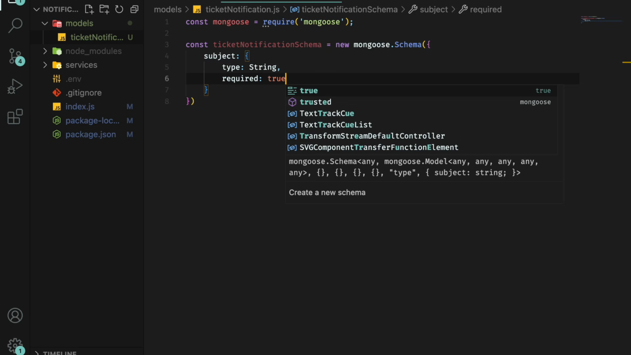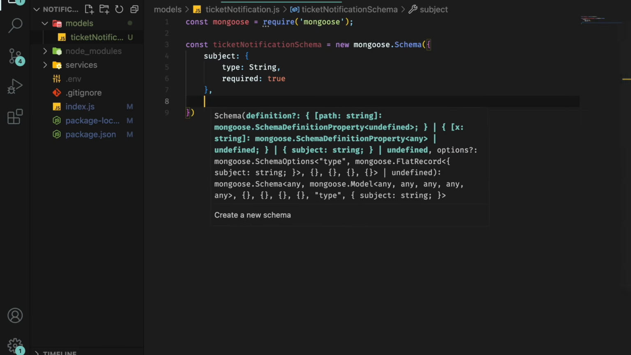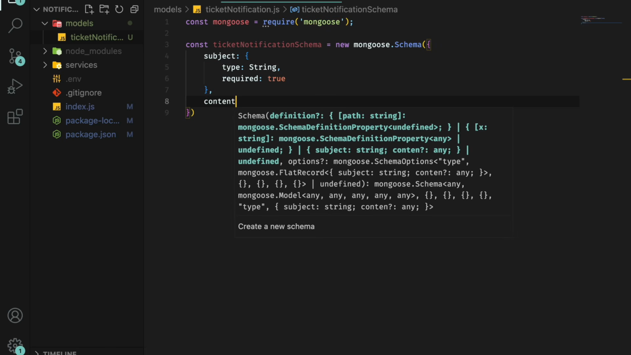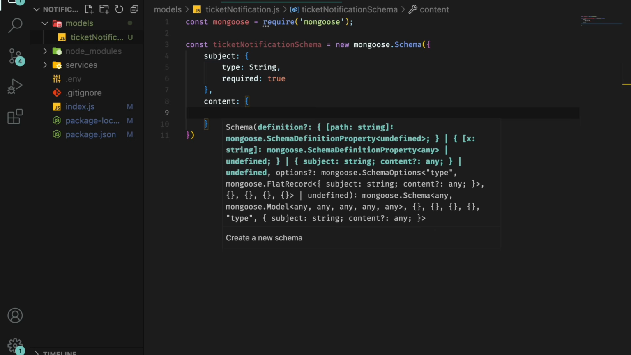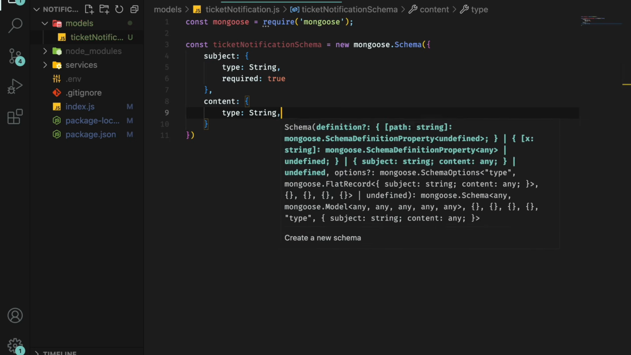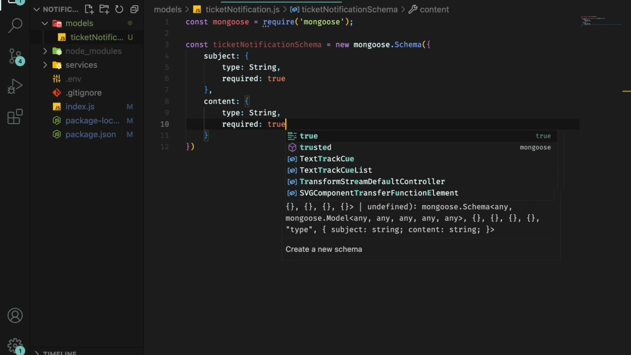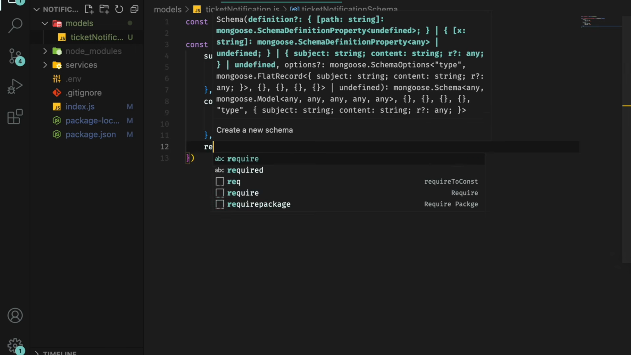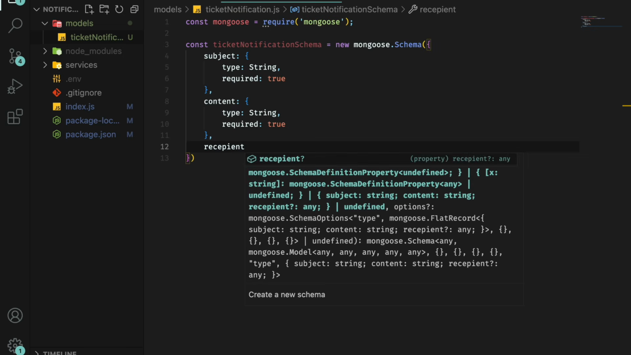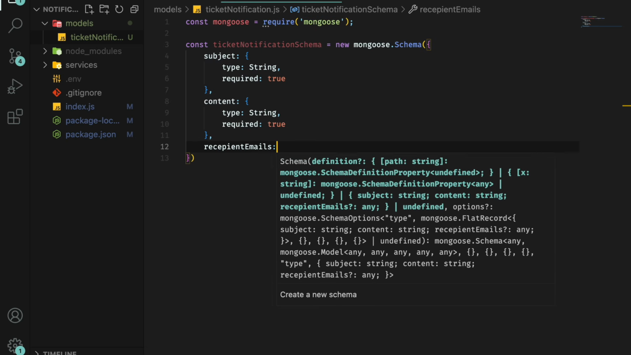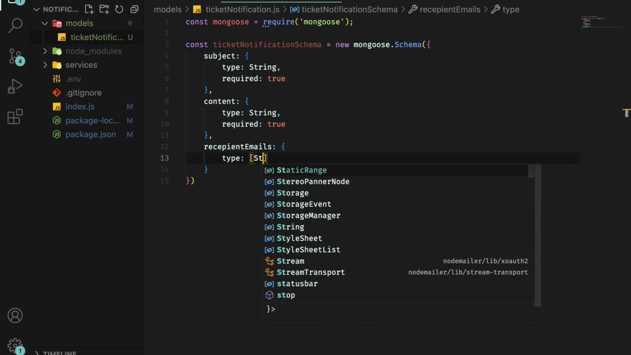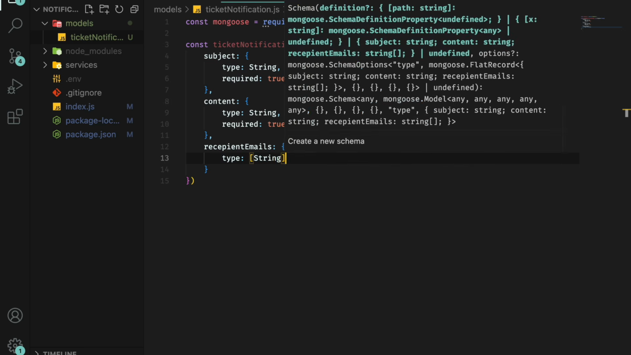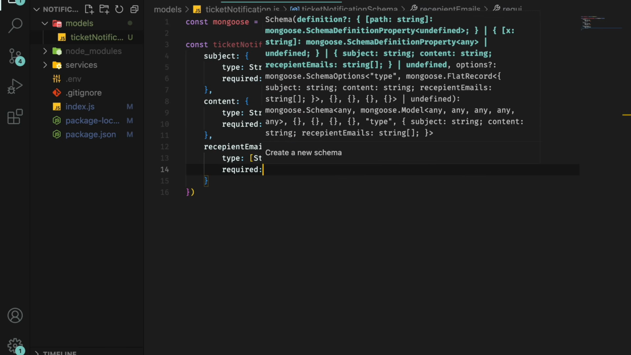Okay. And we are going to have a, let's say, content that is going to be, type is going to be string, required is going to be true, and then we are going to have recipient emails, right? This is going to be an array of strings because we can send, like, let's say many emails, string, and required is going to be true,